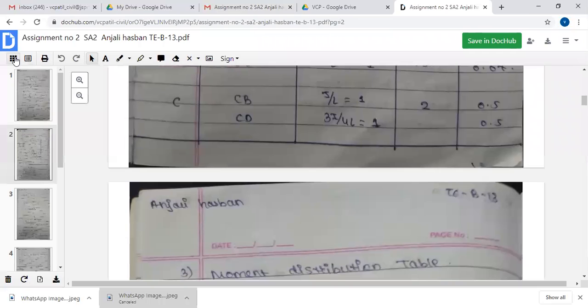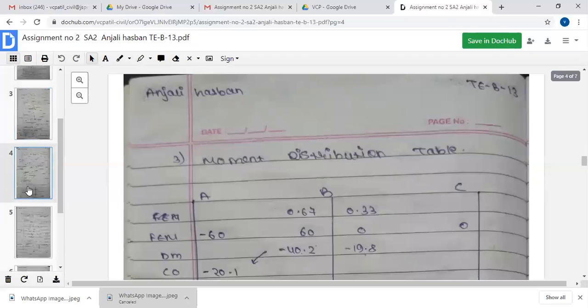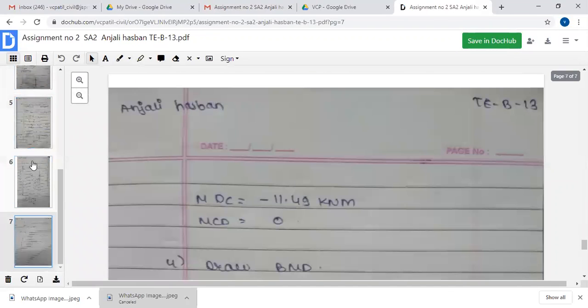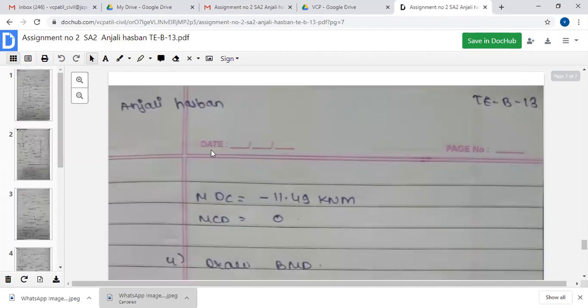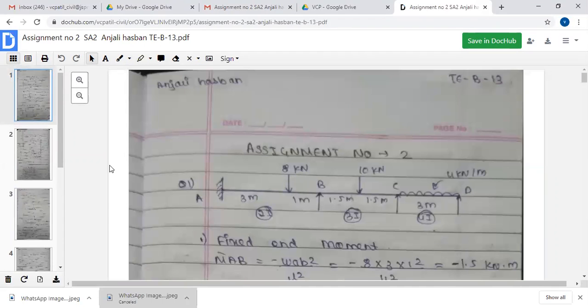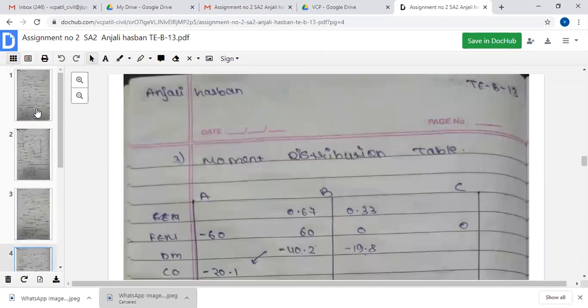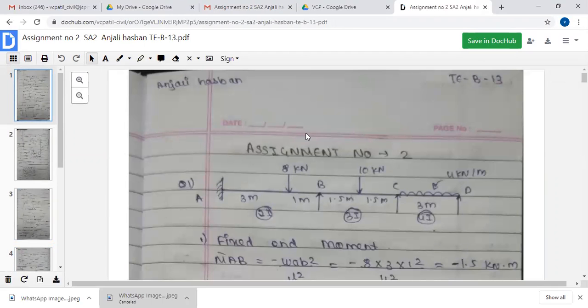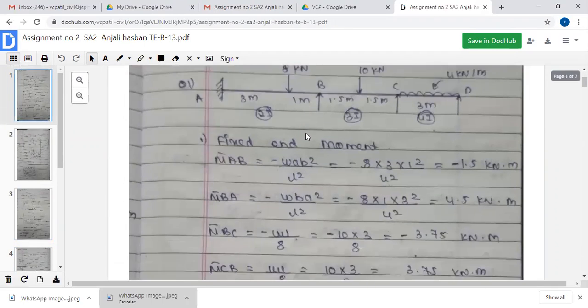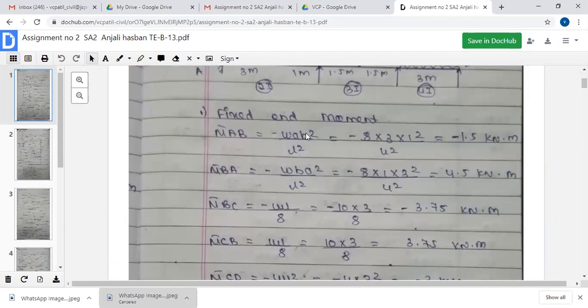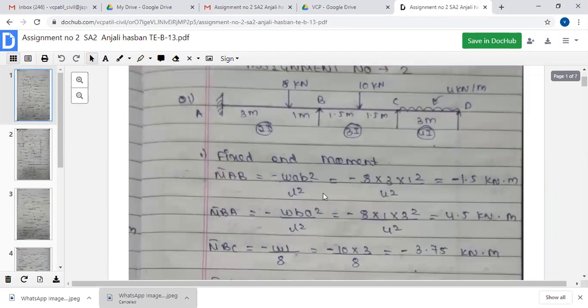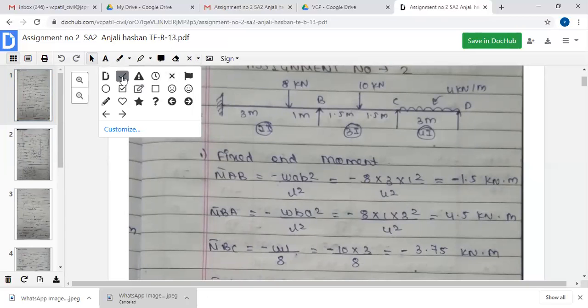If you want to check the number of pages, here this is first, second, third, fourth, fifth, sixth, and seventh. There are 7 pages in the PDF, so you have to check it out. This is the first page. On each page she has given a number also. This is a totally analytical subject, so not to worry about that, but I want to show only how to do the assessment here.